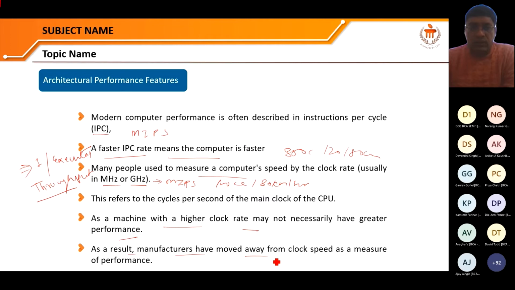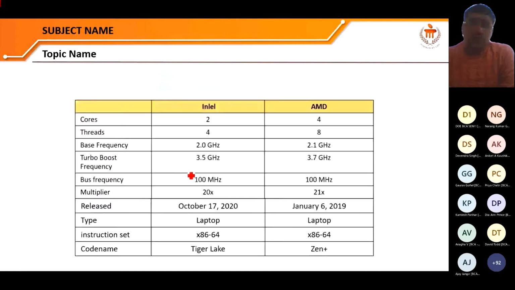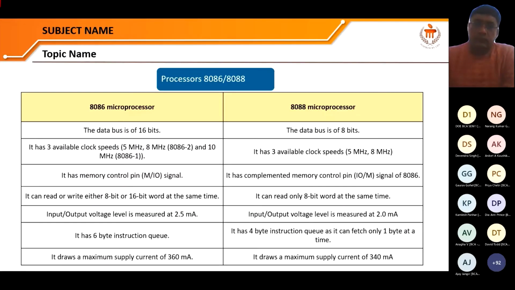And the second thing, here we are going to discuss the different types of processors. We have taken two to three processors to understand what a processor is, what the working mechanism is, and how we can differentiate processors. If we are buying two systems and want to know the system performance, we should know about the processors. Here we are discussing two types of processor, 8086 and 8088. Here we are using 16-bit data buses, and in the 8088 we are using 8-bit.